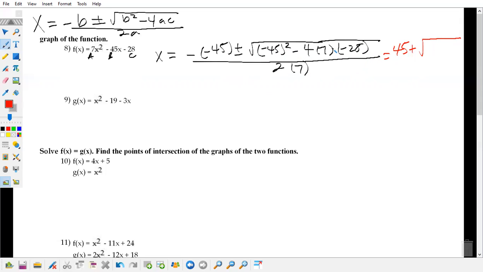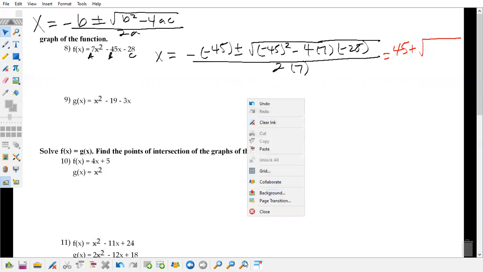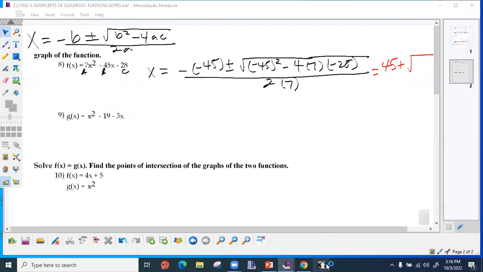If I don't have a graphing calculator at home, could I put it in parts? Yes, you can. But if you have a graphing calculator,